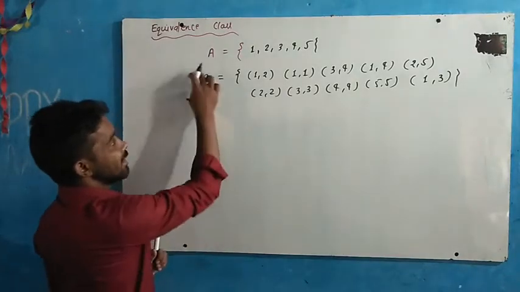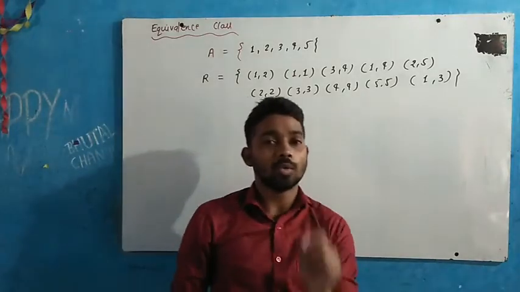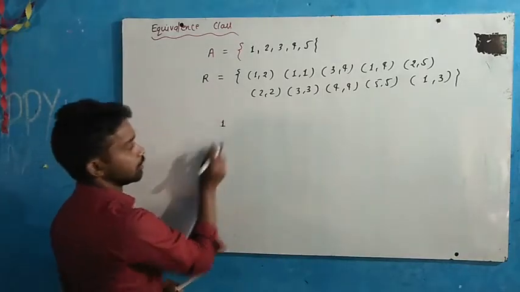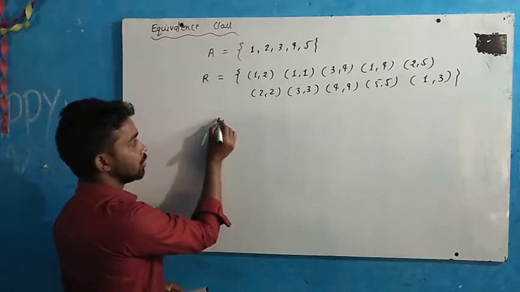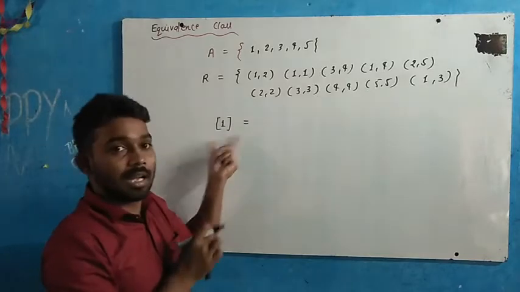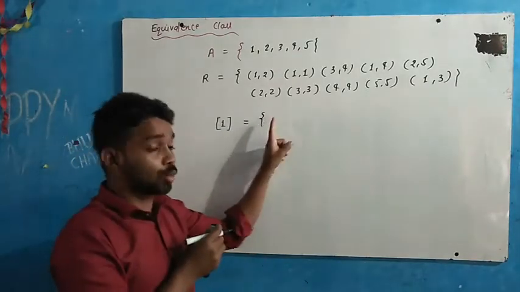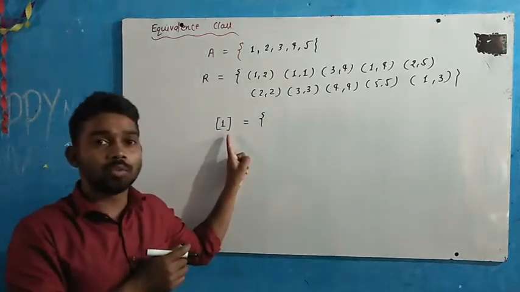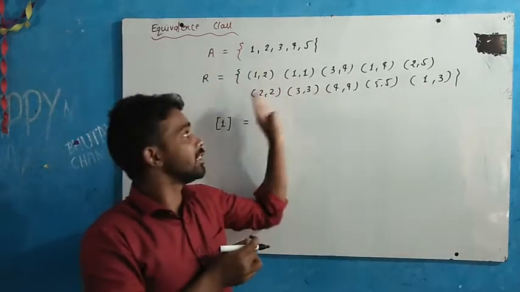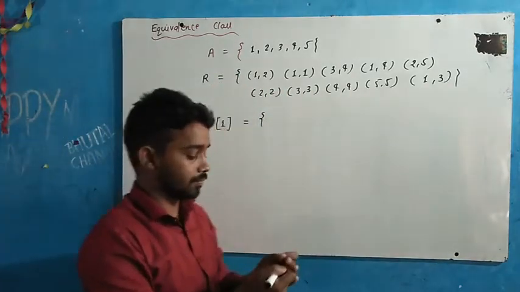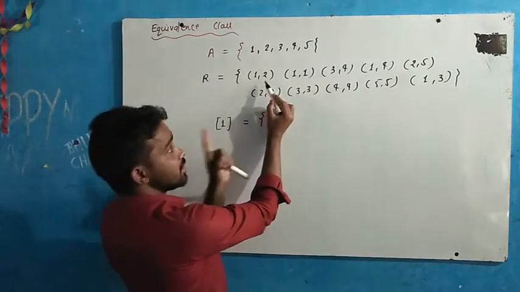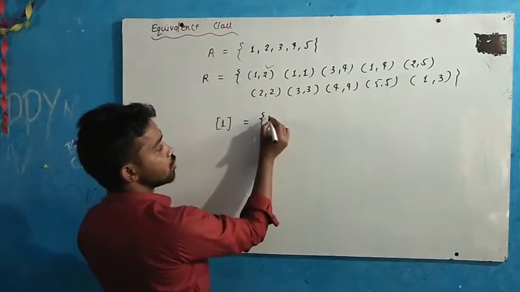Suppose in relation R, I want to find those elements which are connected to 1. This is 1, and now I use one symbol like that, and suppose this is a set, and in this set I am going to write those elements which are connected to 1 in relation R. So in relation R, one by one, in each element we will check. Clear? Let's see. In the first element, 1 is connected with 2. It means the first element is 2, which is connected with 1. So we will write 2 here.